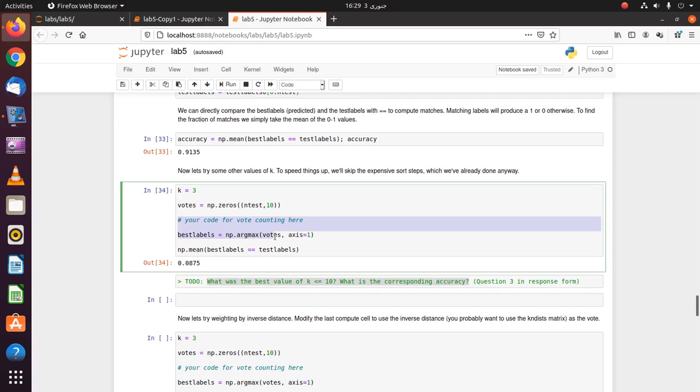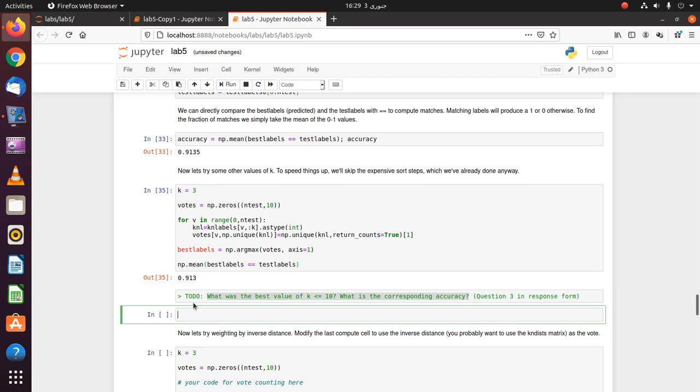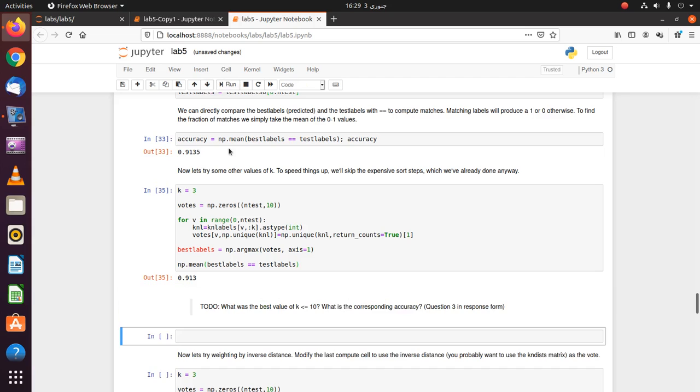Okay, now let's run this. Okay, so our accuracy is almost the same, it's not much different, but it seems like it's not improving. So we can actually try to calculate the best value for k by trying different values of k, let's say from 1 to 10,